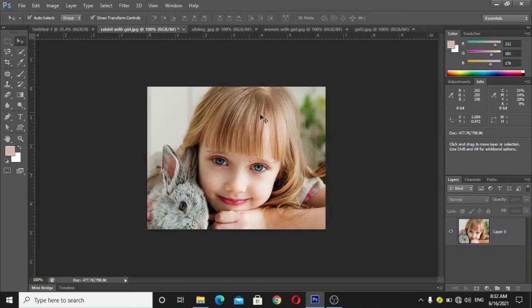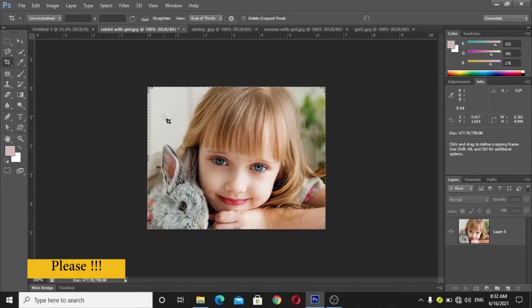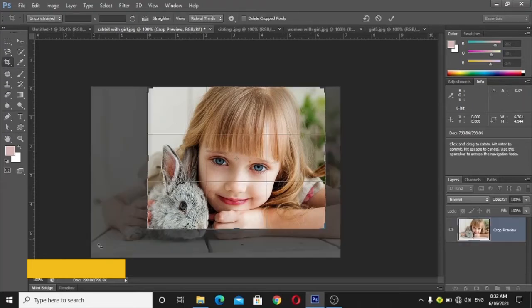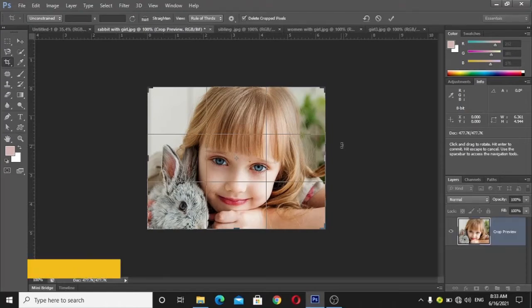When you complete your process, you can see only the area that you have cropped will be displayed on your screen. But crop tool has some additional features. If you click again on crop tool and click on the picture, you can see the remaining data of the picture already exists. If you check this option on the top property bar and press OK or the commit button, then you do not have the option to get back the data that relates to this picture.